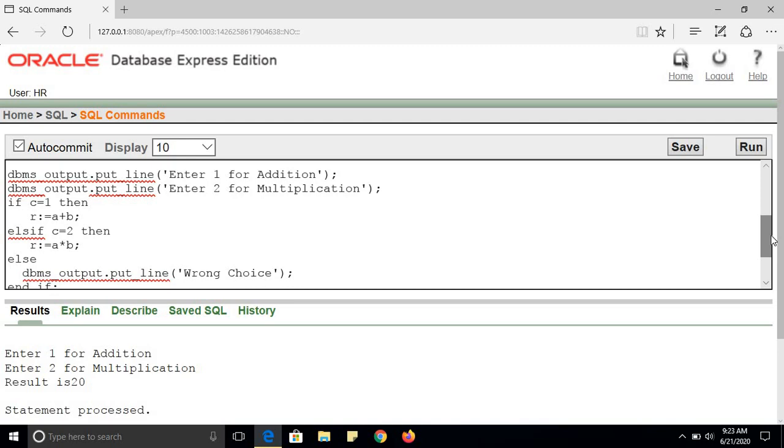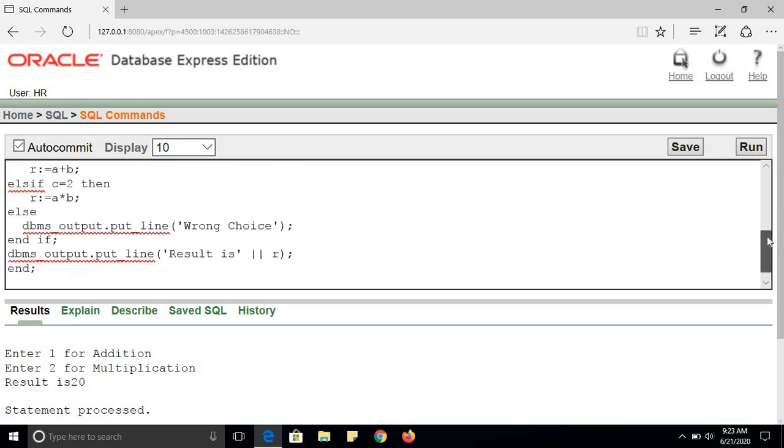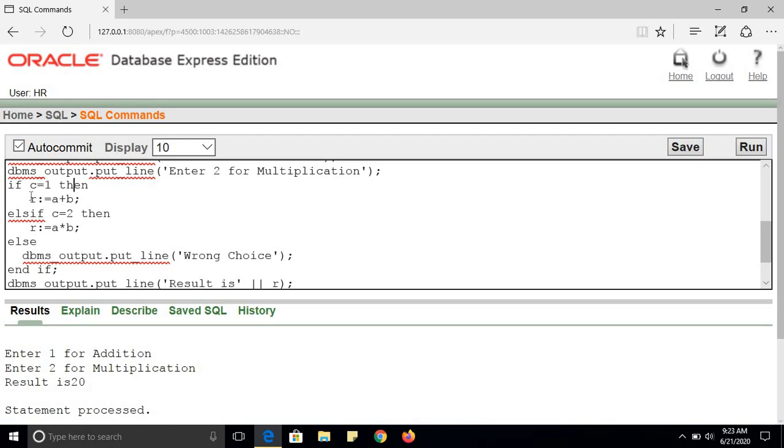So this is just to explain the concept of else if. Although it is not a proper program, proper code, you can still understand the concept of else if using these statements. So if condition 1, then statements, else if condition 2, then statements, else statement.